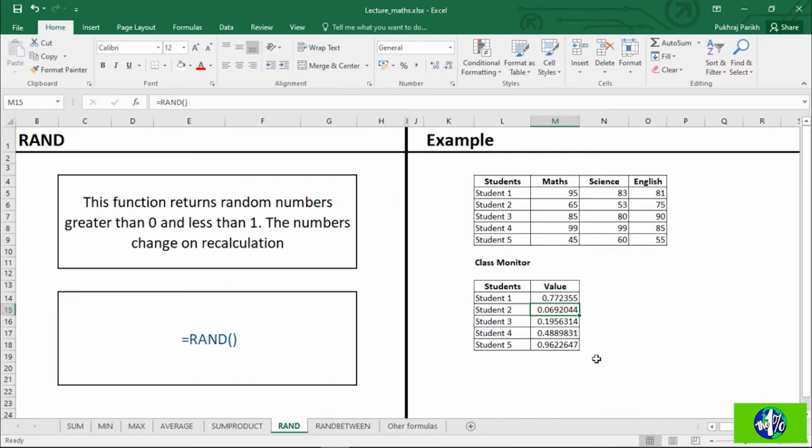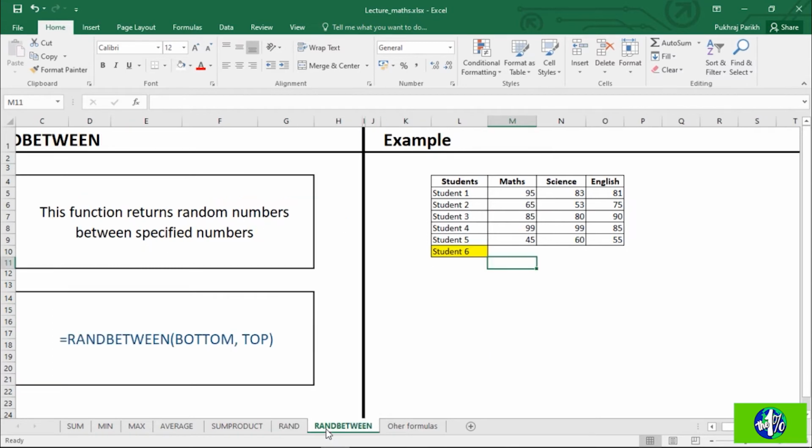Next we move to the RANDBETWEEN function. This will return a random value between the range that we have provided. So this function takes two values as inputs and generates a random number between these two numbers. In our example, for student 6, we can randomly assign marks for maths by going to this cell and typing